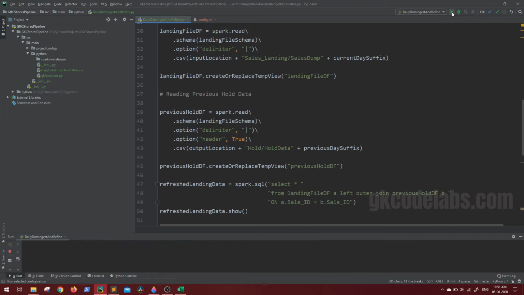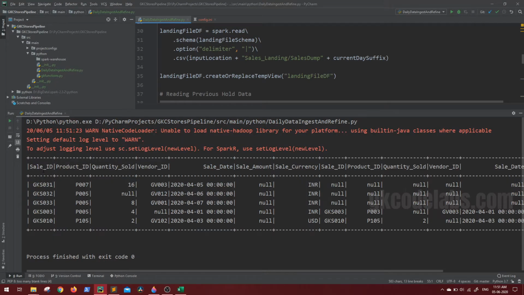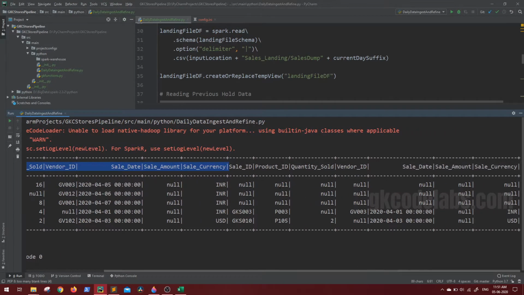Let's try to run this. So this is how your join looks like. You can see we are getting all the data. There is no issue. All the new records as well as the updated records. But on the other hand, when we are joining, you can see this is how from here till sale currency, this is the first, the updated records, and with the join, same way you will get the previous records, that is the previous held ones.